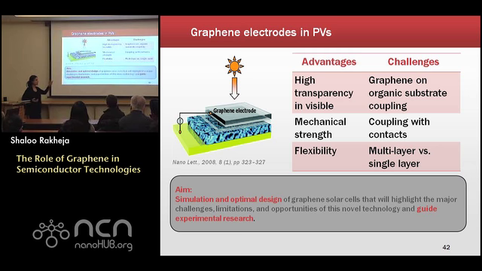And also how the multilayer transmission coefficient varies with the number of layers. That is something we need to understand because, as I've shown for the interconnect applications, multilayer has lower resistance compared to single layer graphene, which is important, and that would also be very useful for solar cell technology. My aim is to guide the experimental research in the right direction and also learn something from them so that we can finally highlight the major challenges, limitations, and opportunities of this very important technology.